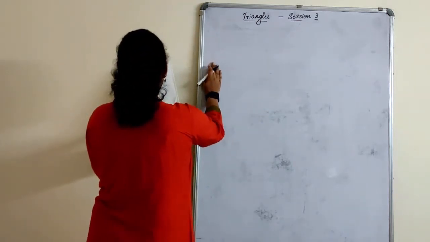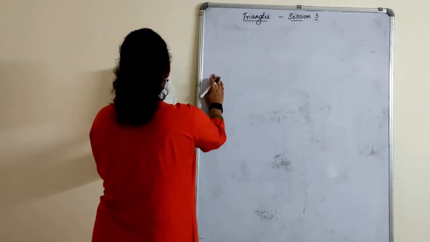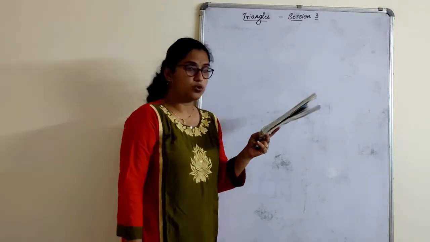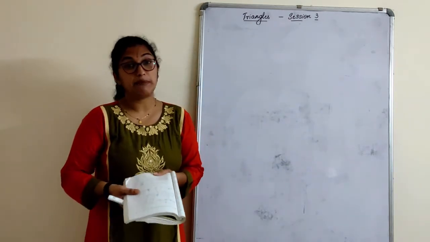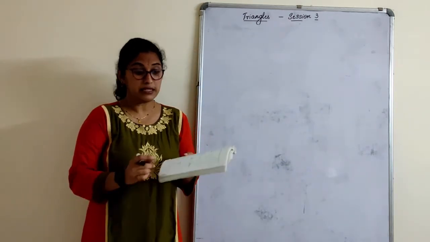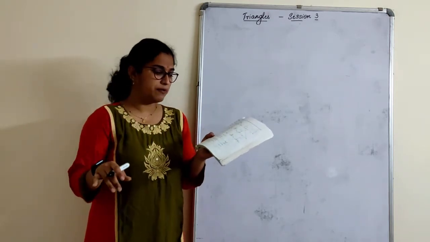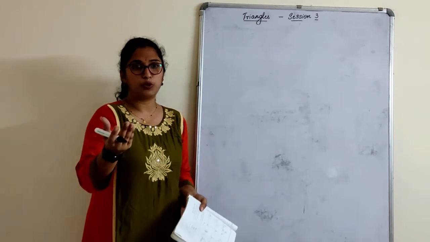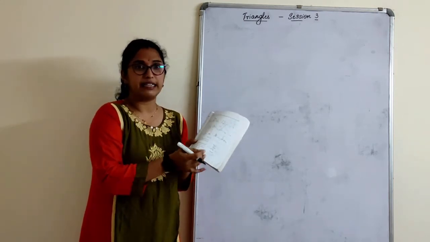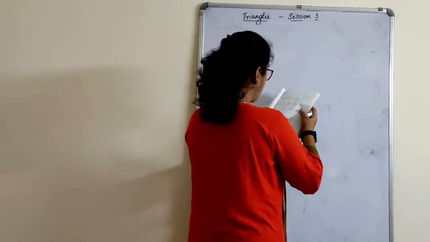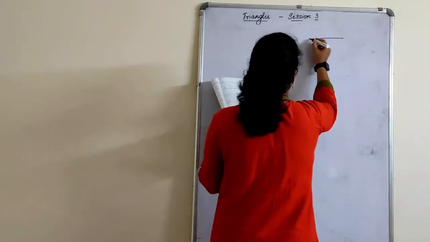Diagonals AC and BD of a trapezium ABCD are given. Using similarity criteria for two triangles, show that. Now they have mentioned here using similarity criteria only. That means it has to be proved by this criteria. If only it is given, show that OA by OC is equal to OB by OD, it's up to you. You can do this by similarity criteria or do this by yesterday's method, the BPT method. Left to you. So we'll draw first